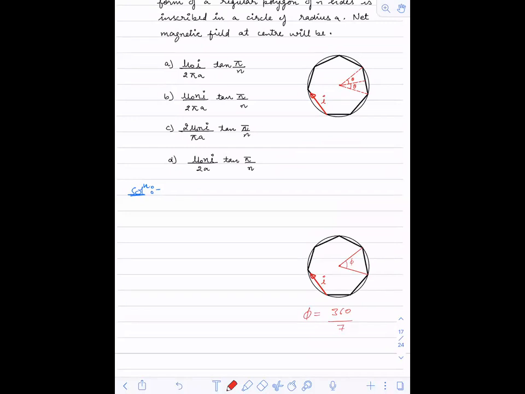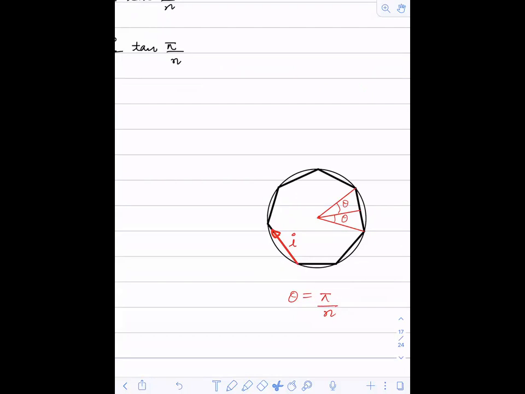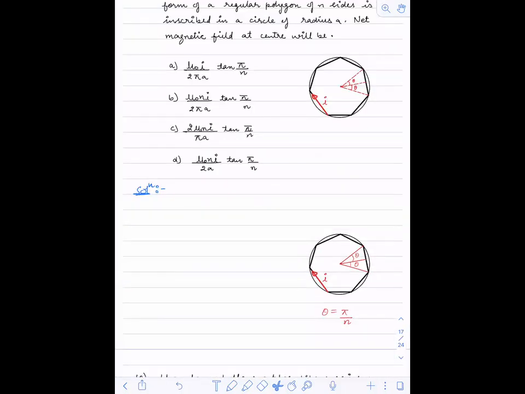Okay, phi. But what was theta? What is theta given you in the question? It is not that angle end to end. The theta angle is this. Theta is this angle. Theta and theta. This is theta. So how will you write now? So 2 theta will be equal to 2 pi divided by n. This implies theta is equals to pi by n. So 2 and 2 I will cancel, and then I am having theta is equals to pi by n. This is how pi by n was given to you.